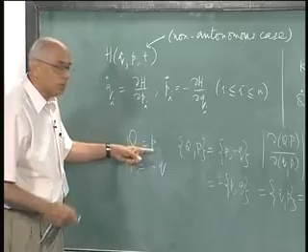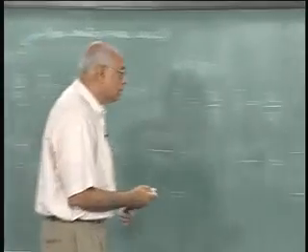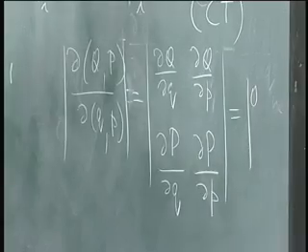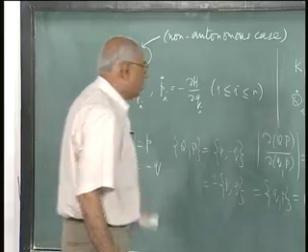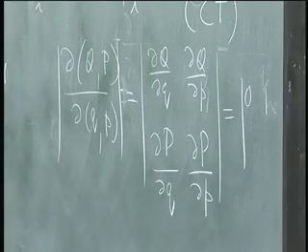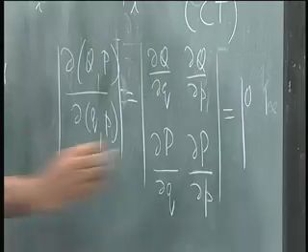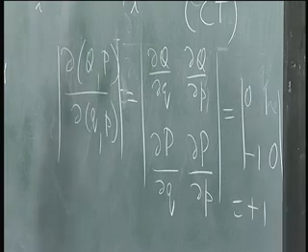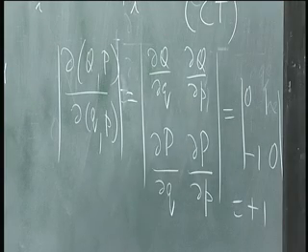But Q does not depend on little q here, so you get a 0 there, you get a 0, and then a capital Q on a p gives you a 1, and a P on a q gives you a -1, and then a 0 again, and that is equal to +1. So this is a canonical transformation,